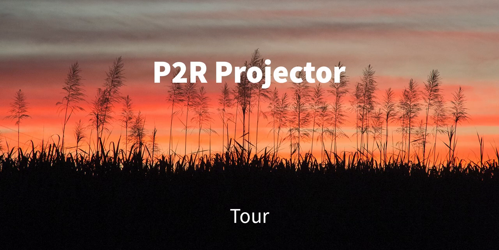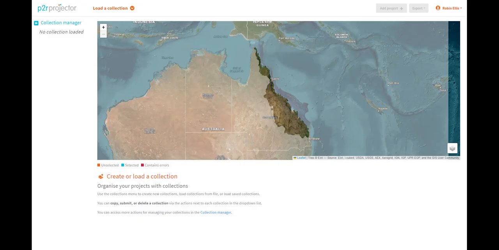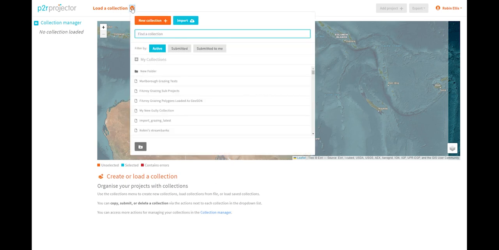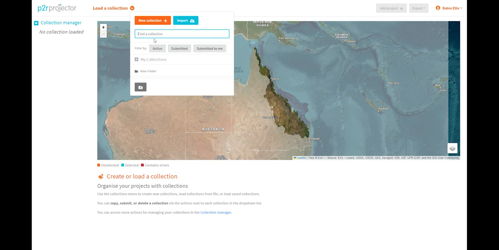Let's take a tour of the new P2R Projector. The interface looks similar to previous versions of Projector, but there are some subtle differences. Across the top here, we can interact with existing collections and we can import collections as well. There are filtering options to help highlight collections that are of interest to us, but perhaps the most logical place